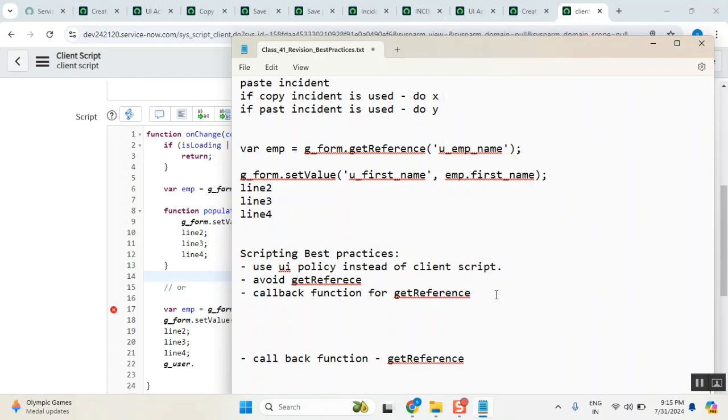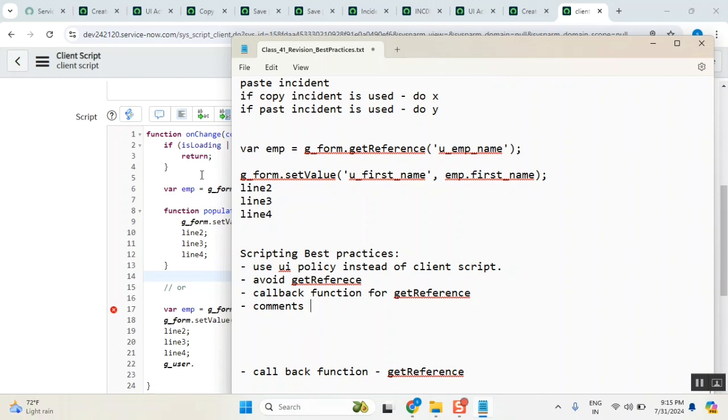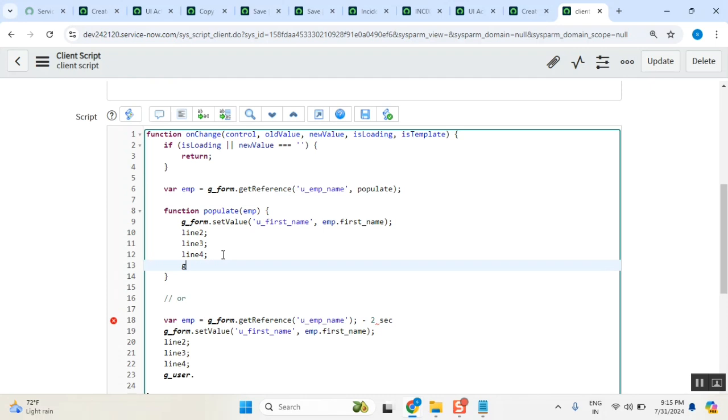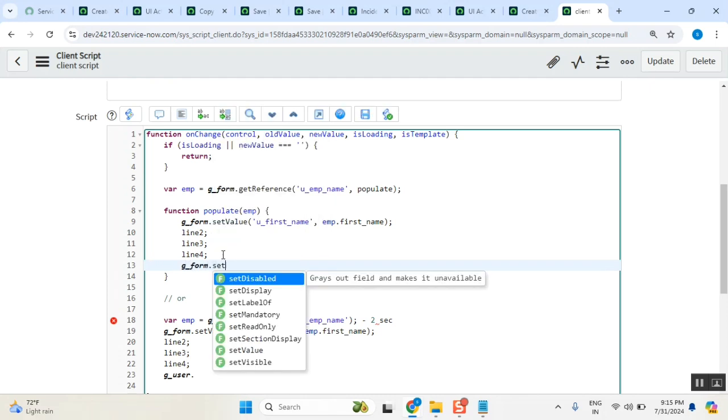Now, whenever you are writing a script, write comments. This is very important. Okay, best practice, not a ServiceNow best practice, this is a general coding best practice. Write comments. So see here, when I'm writing it now, I will write something like this: g_form.setValue